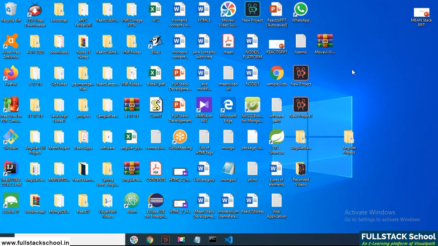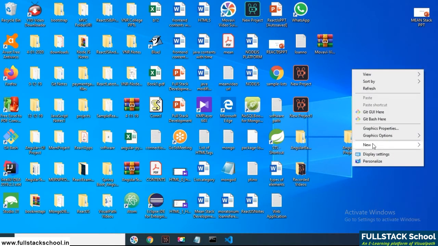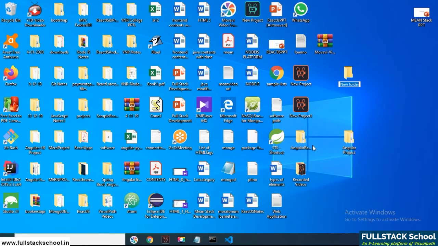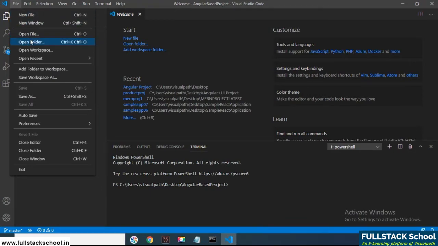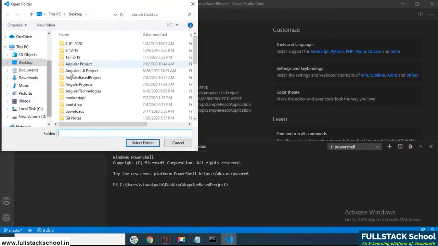Let us take, I am creating one workspace as a folder on the desktop, which is Angular projects, and this is the folder which I am selecting from my Visual Studio Code. Once you open it, go to File, Open Folder, Angular projects.